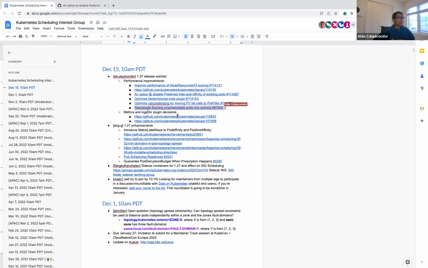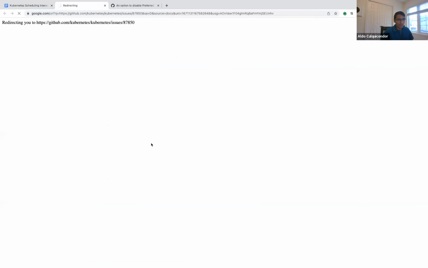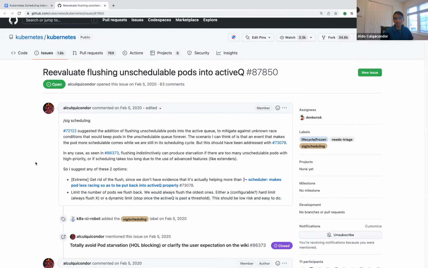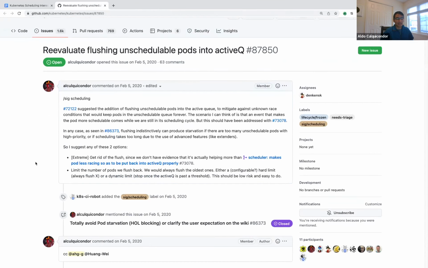Maybe more interesting is the last topic. In the scheduler, we try to not retry pods when we have determined that they are not schedulable until there is an event in the cluster that might make them schedulable. So for example, if a new node is created, we retry.